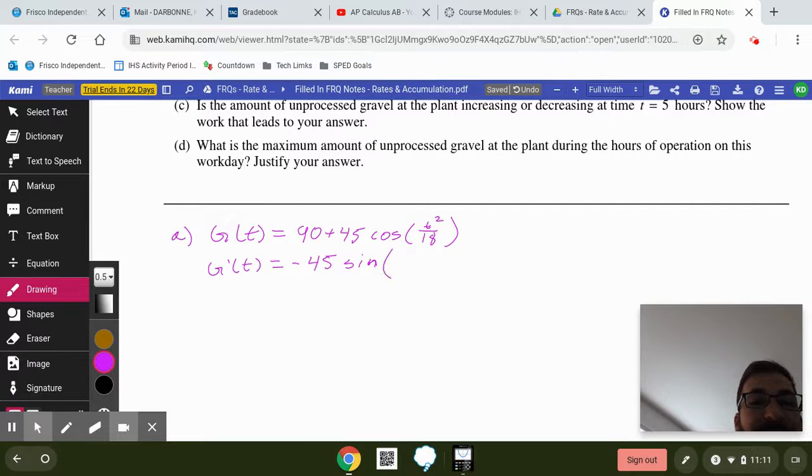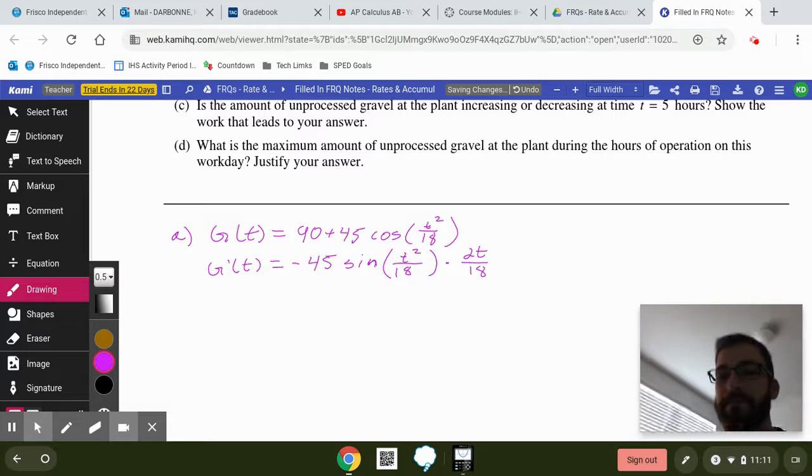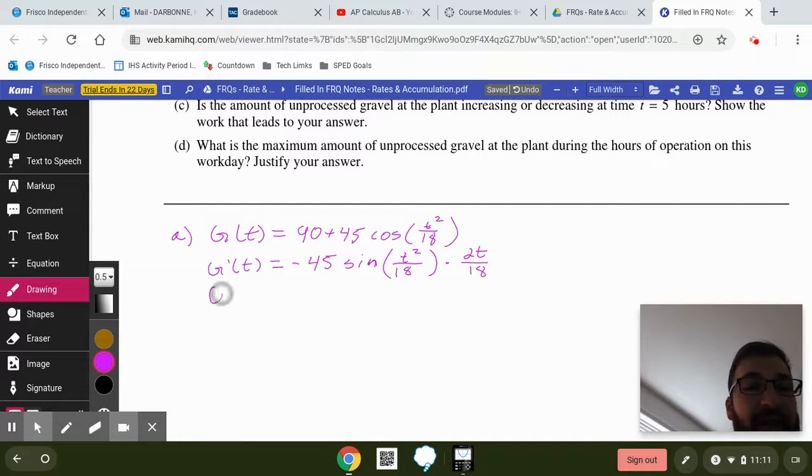Everything on the inside stays the same because this is our chain rule, so that stays untouched, times 2t, and then still over 18. All right. So from here, I can just plug in 5 to get g prime of 5,